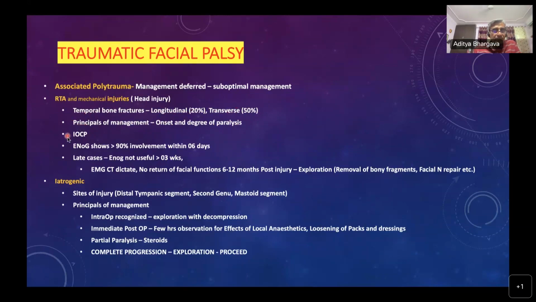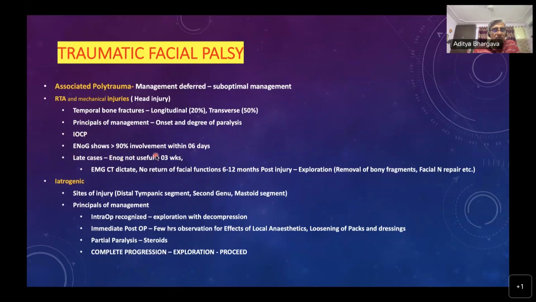Remember this word, IOCP. If it is of immediate onset, complete paralysis, please open up and surgically decompress the facial nerve. IOCP: immediate onset, complete paralysis, open and decompress the nerve. Results are much, much better. Or if